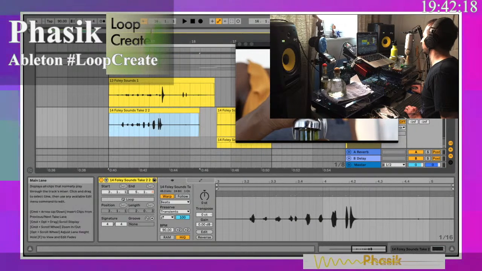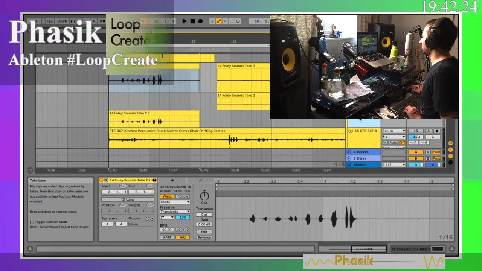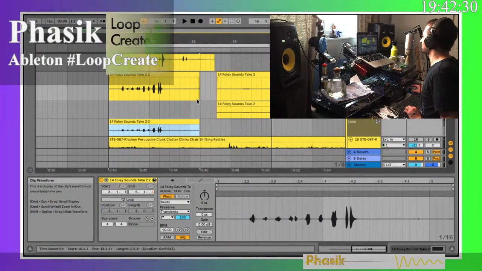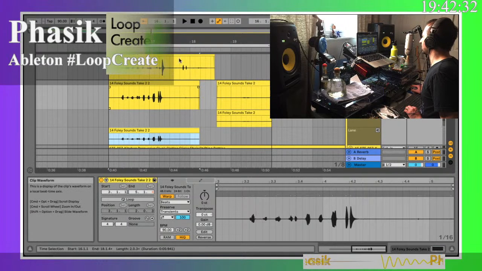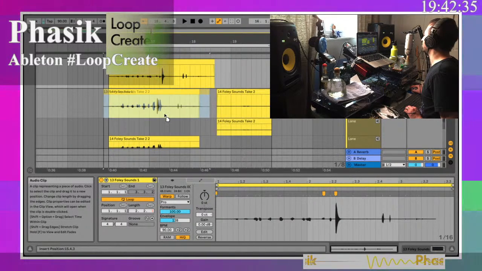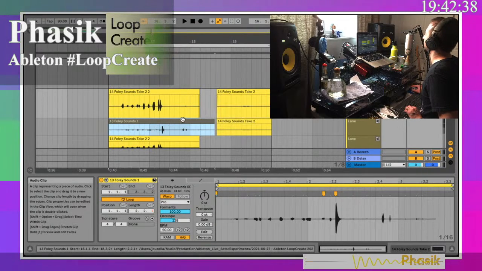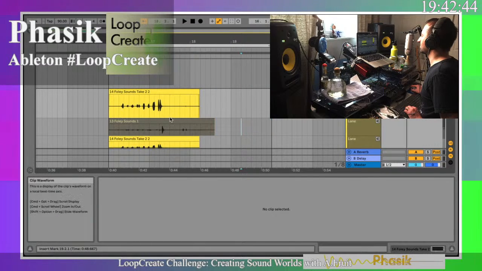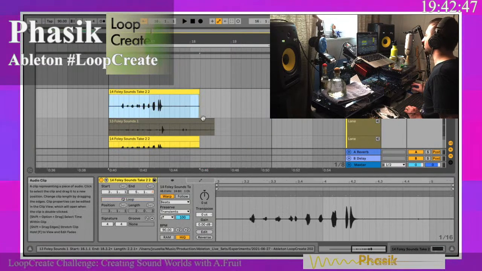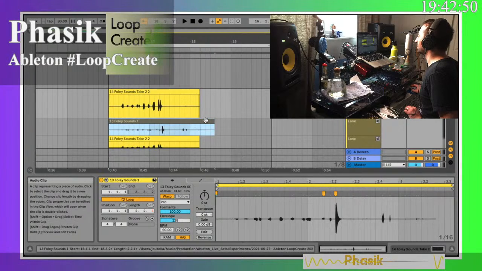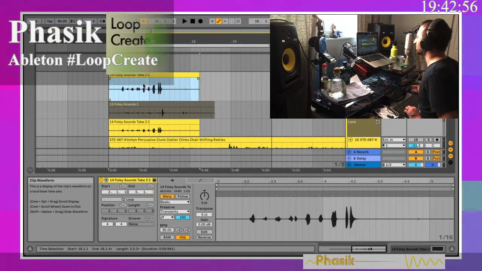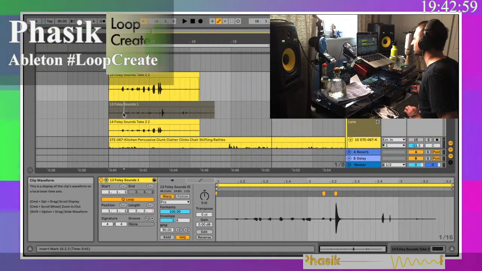So I think now that we have a take lane here showing, we can drag in our other sound. So instead of having it in a different track, it's within the same track, and then I guess we would have had to record initially to start out doing takes. So good to know. I guess we'll just kind of go with it from here. But I think that what we want to do is